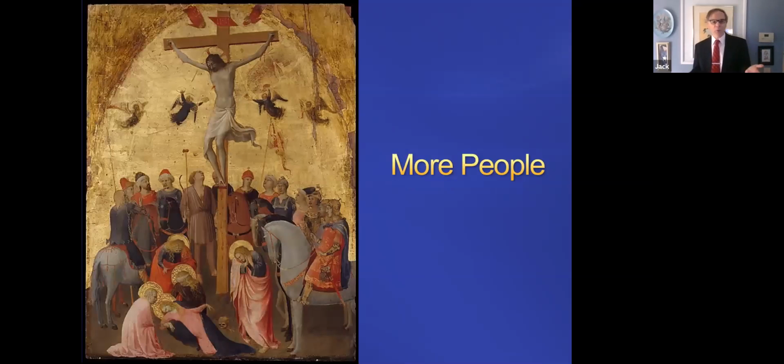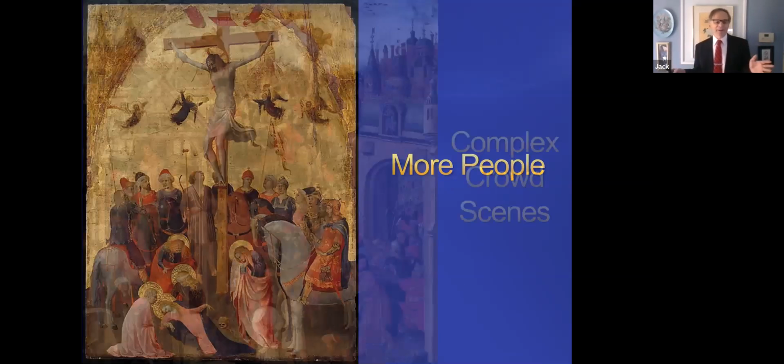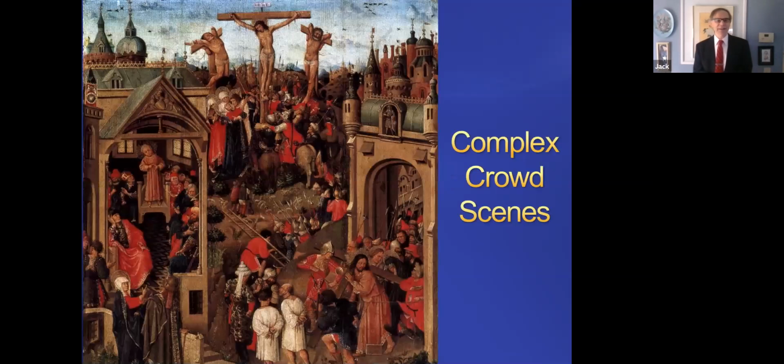And then if more people were good, then if we get a real lot of people, that's even better. And then crucifixion got to be these extremely complex crowd scenes that they would do, with people not only at the site of the crucifixion, but in different buildings around, representing all different types of things. But this narrowed down after the Renaissance, when they got into more contemporary paintings from maybe the 17th century on.